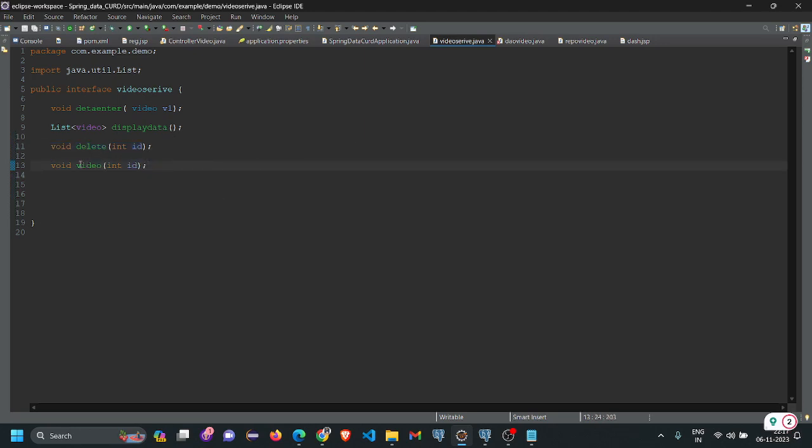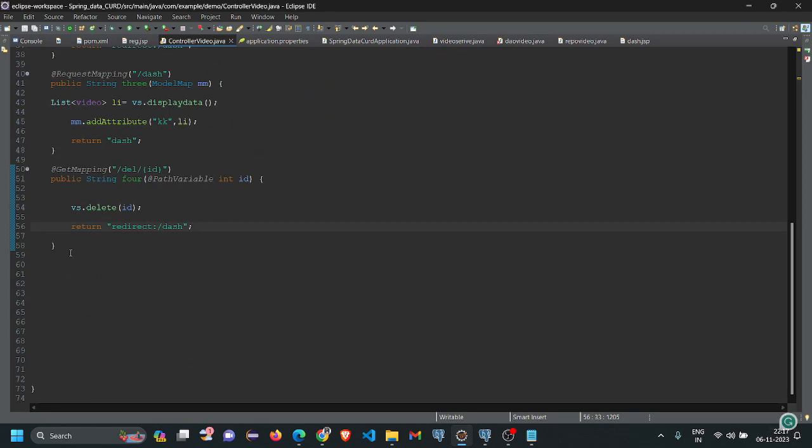So let's video, and we will have to write a method name, for example edit data. Okay, the name is okay, and in this controller we have to create one more method, for example